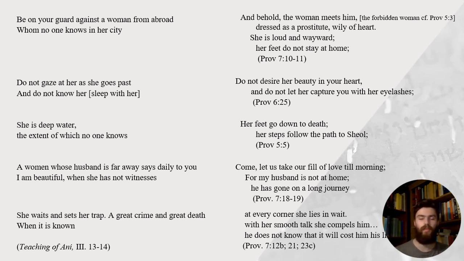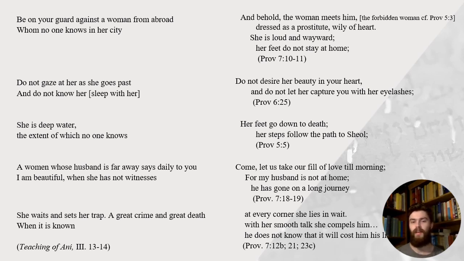And obviously understanding the three-tiered cosmos, that Sheol is beneath the waters, makes sense of the idea of her being deep water. She goes down into this place. That is where she makes her abode. We read on, a woman whose husband is far away says daily to you, I am beautiful, when she has